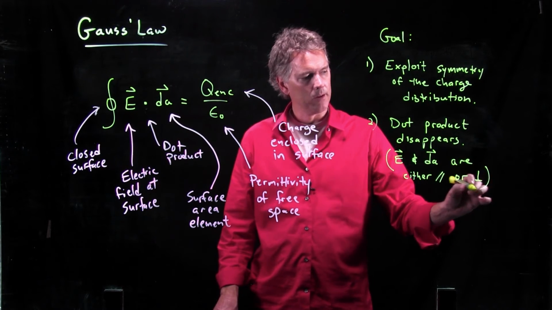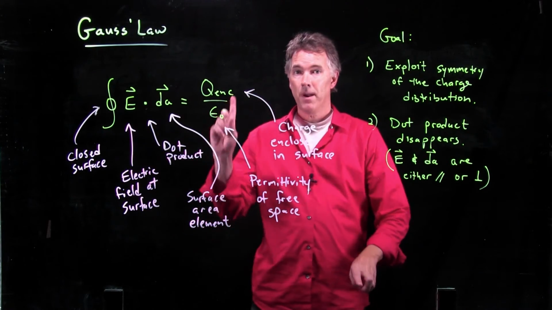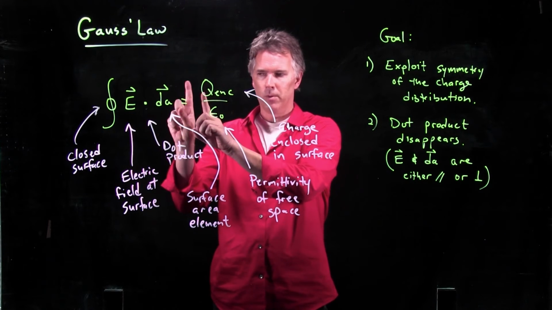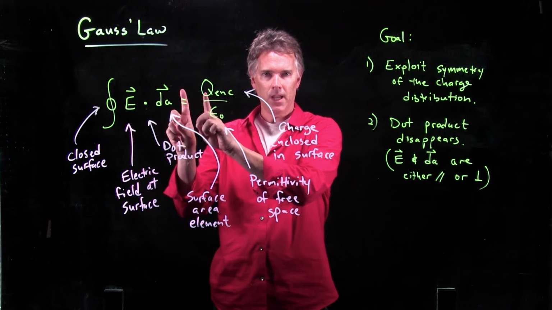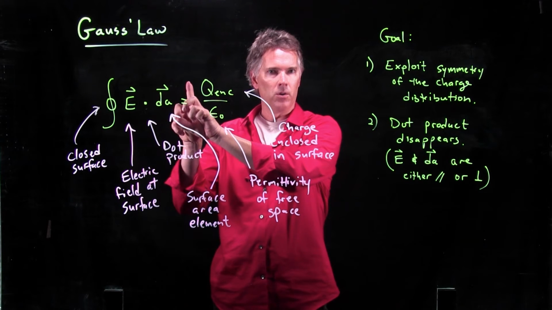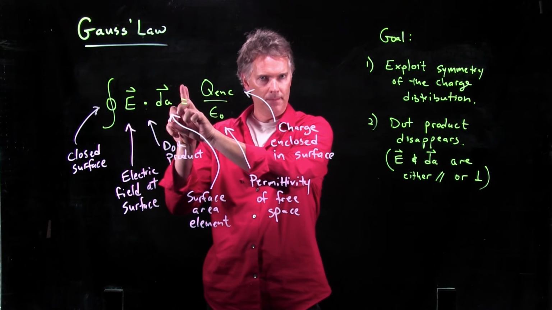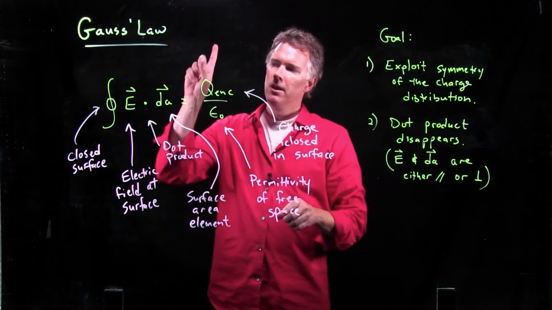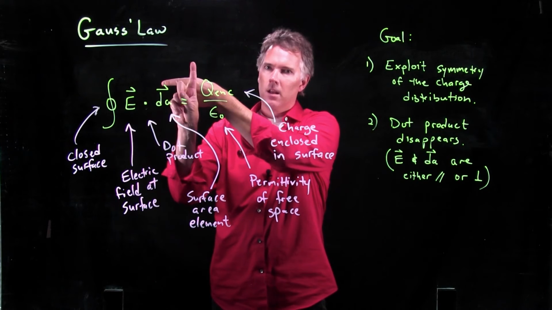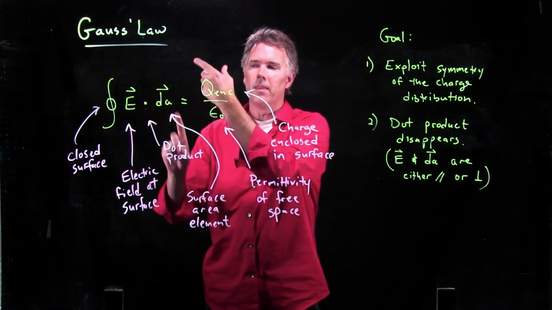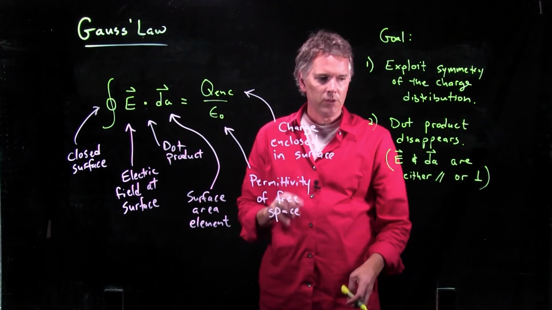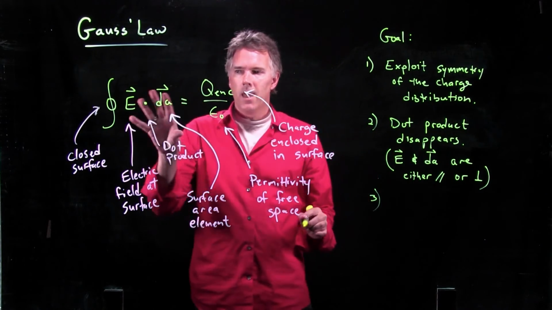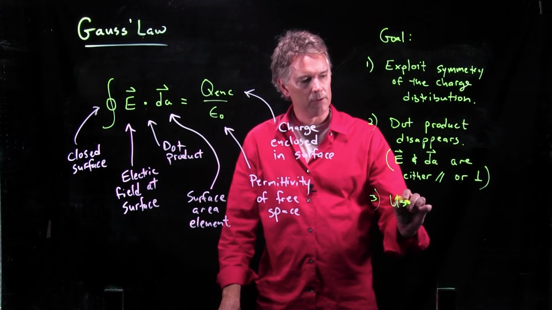If they are parallel, then E dotted with dA, remember dot product, would become E dA cosine theta. Theta would be 0, and so that cosine term goes away, just becomes 1. Or if they are perpendicular to each other, then E dotted with dA, we'd get a cosine of 90 degrees, and that term would be 0. So either way, it's going to simplify our math. Okay? And then we use Gauss's law